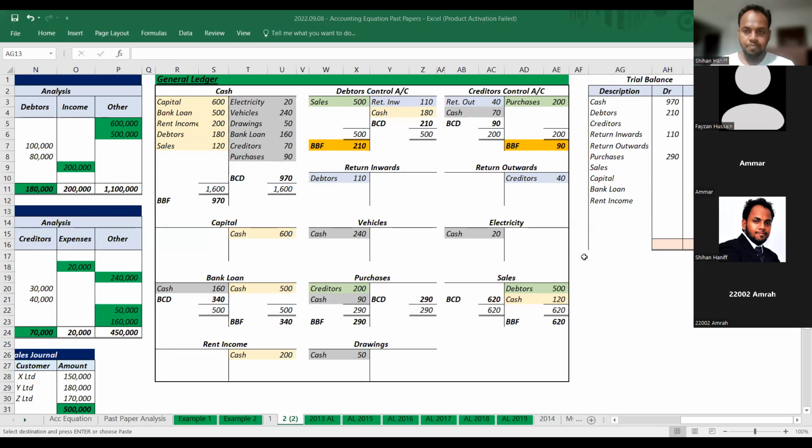Vehicles. Electricity. Drawings. So what is the total? Yes. Total is